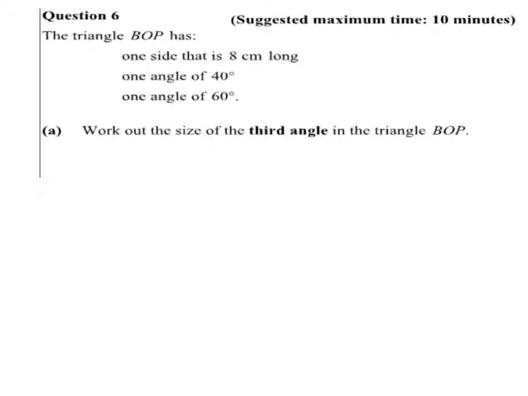Question 6. The triangle BOP has one side that is 8 centimeters long, one angle of 40 degrees, one angle of 60 degrees. Part A, work out the size of the third angle in the triangle BOP. Well,